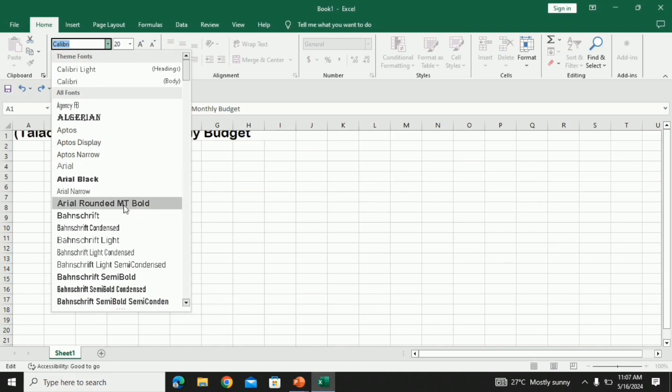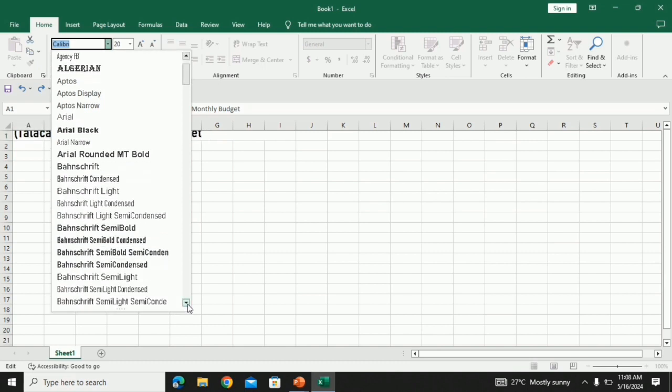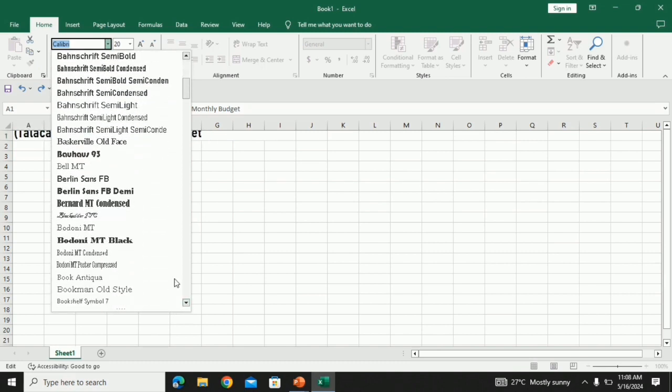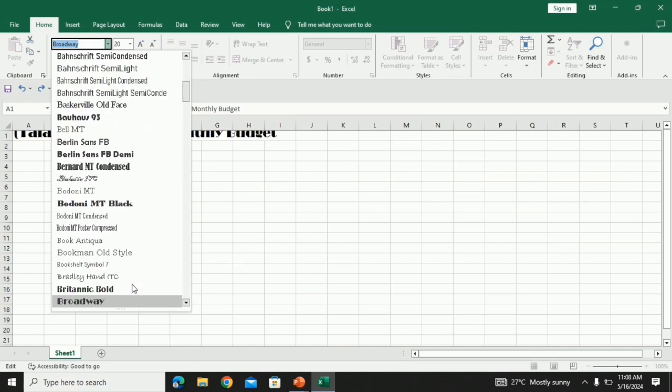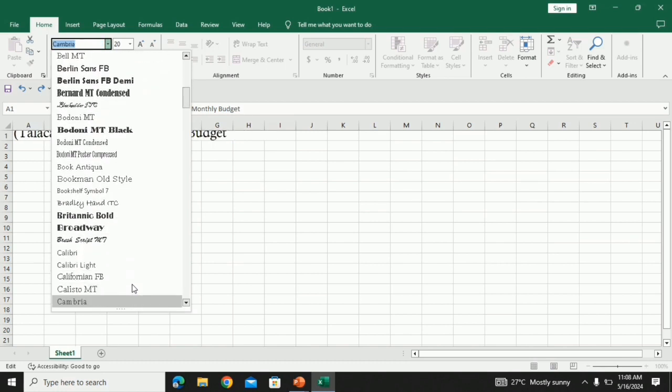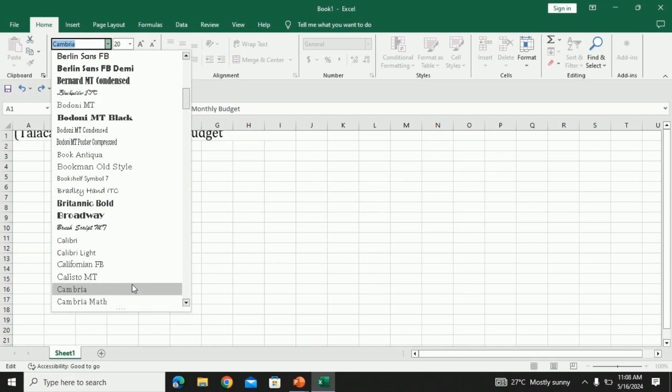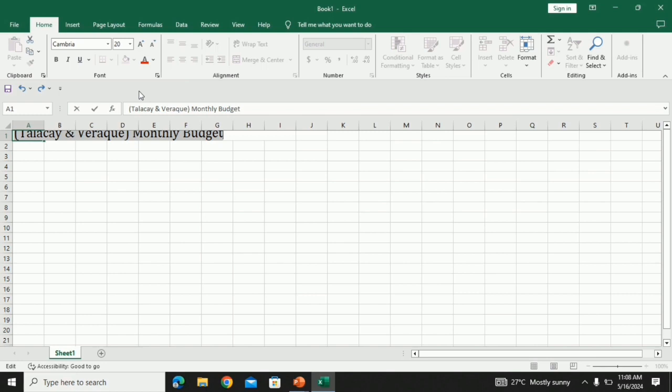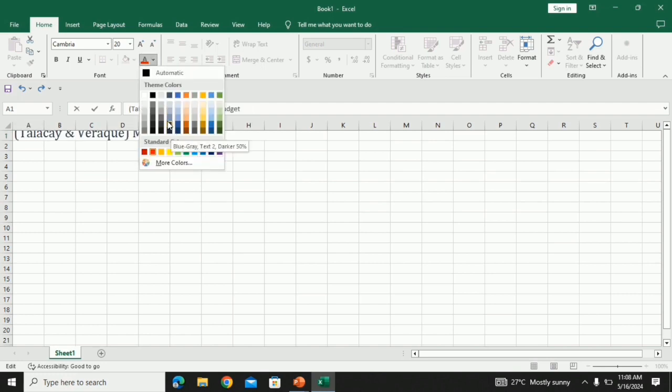Let's use Cambria, and then choose the color of the text. Let's use green.